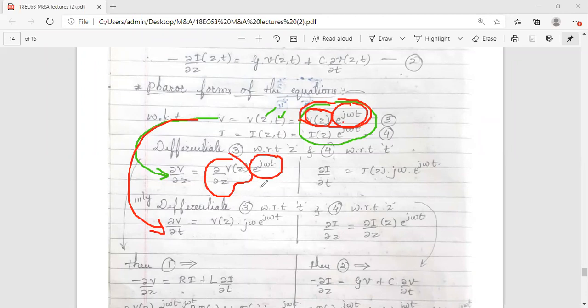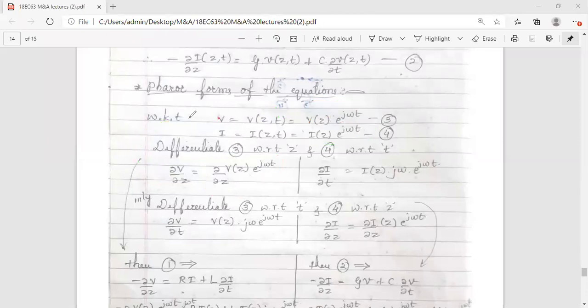That's why I'm doing some modifications. What I'm dealing with now is just the mathematical part. I'm substituting after differentiating. So if I differentiate equation 3 with respect to time, dV by dt, that is partial dou V by dou t, is equal to,